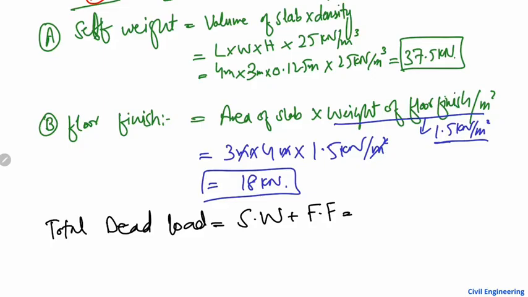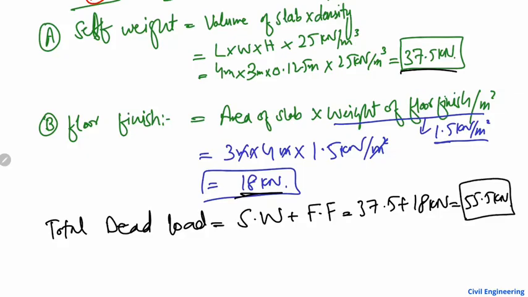So self weight comes out to be 37.5 plus 18 is the floor finish load, kilonewton. So here we get the value of 55.5 kilonewton as the total dead load